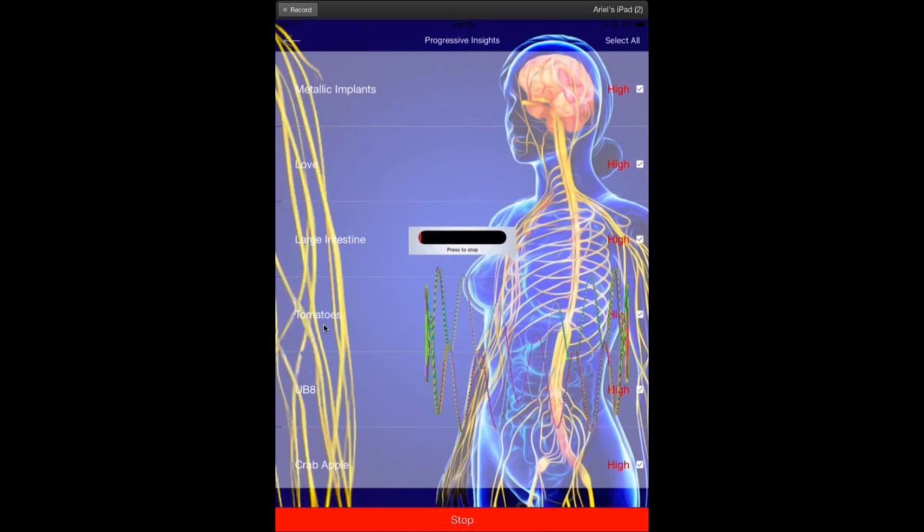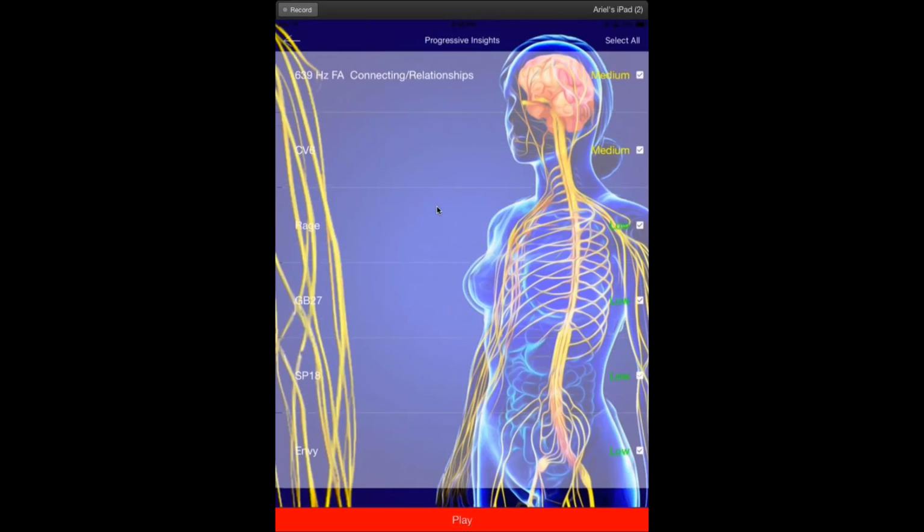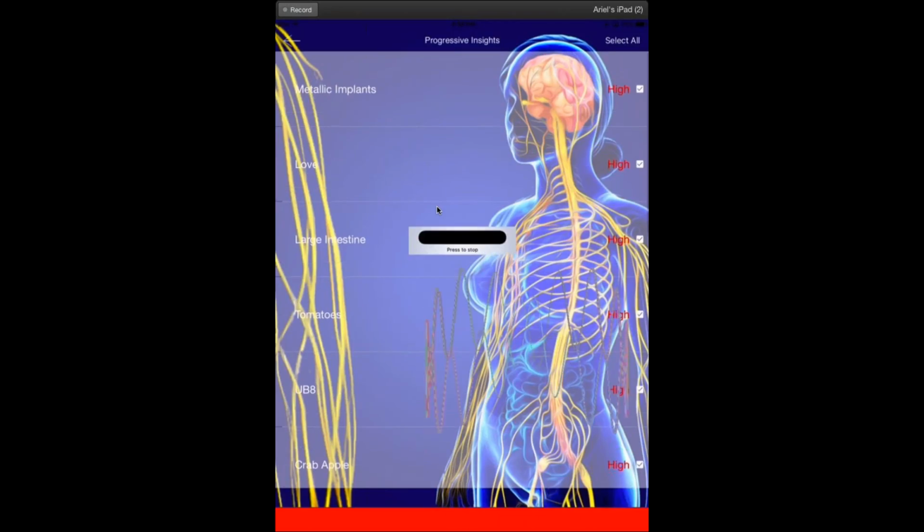And we focus on eliminating tomatoes, and we cleanse the large intestine, or whatever it is. We run these balancing frequencies for these particular items. This is where we need the resonance the most. This will have the highest impact. But it does not really say that these items are not important. I still would recommend you glance at them, look at them, consider them. And in the cycling of the frequencies, you're getting much more emphasis on these high items and much less on the low items, even without taking the time to uncheck the low and medium items.